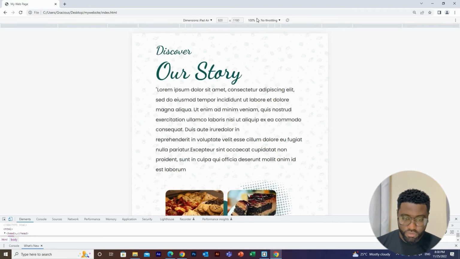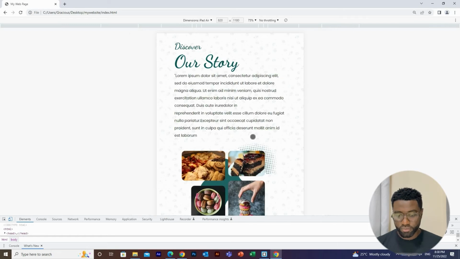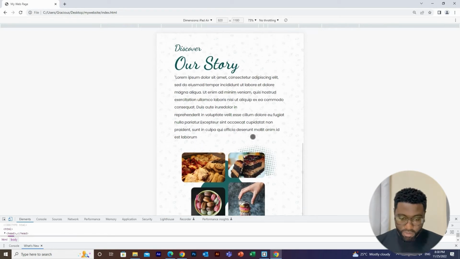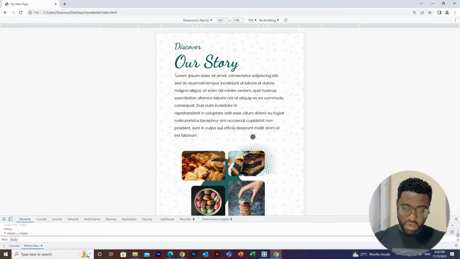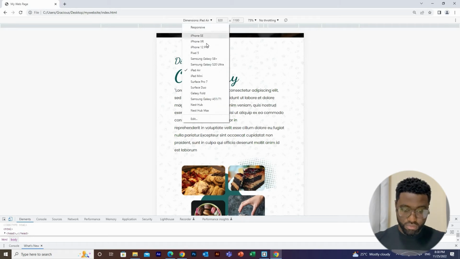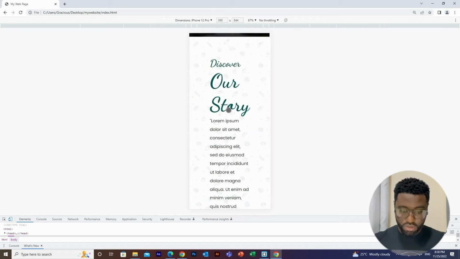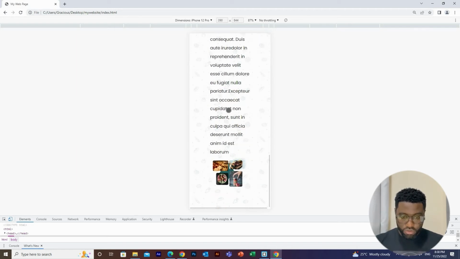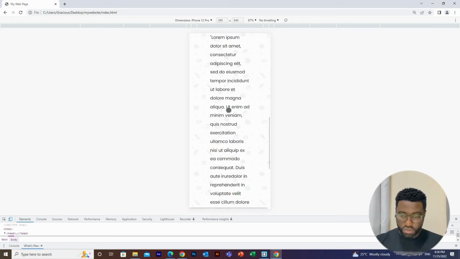Make this 75 here. So we have the about us for the tablet done. So let's see how it's looking on mobile phones. Oh, this looks so narrow. So I think what we have to do is we need to reduce the